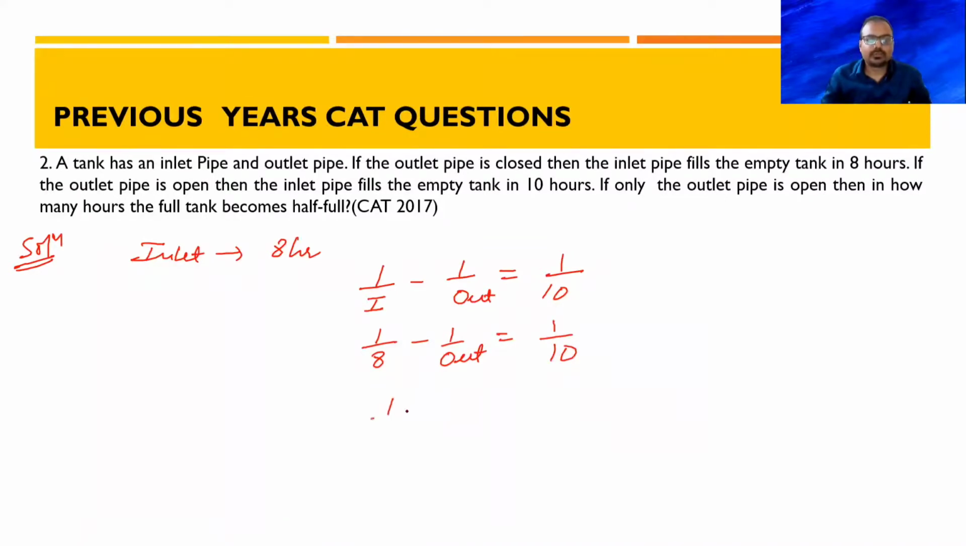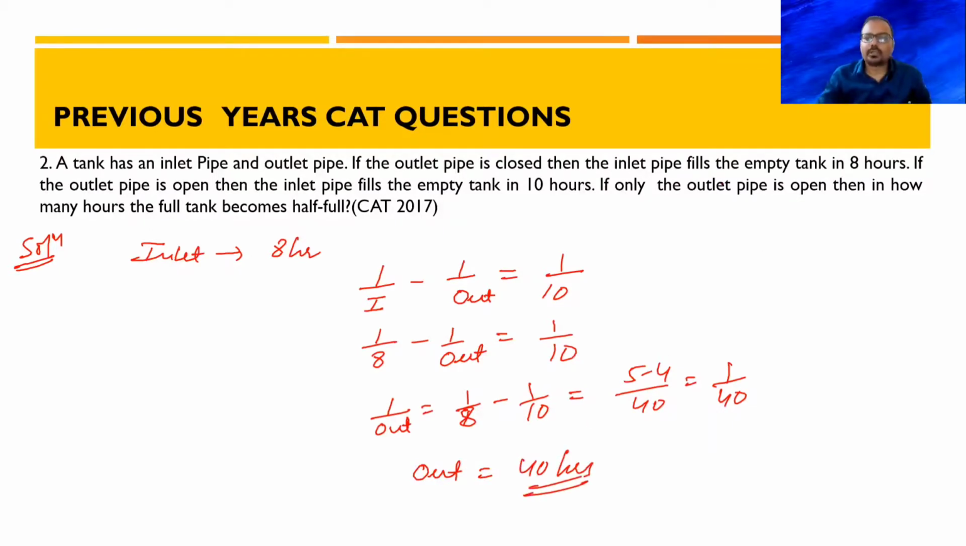So what is the outlet pipe here? 1 by 8 minus 1 by 10, which is, LCM 40, 5 minus 4, 1 by 40. So outlet pipe will take 40 hours